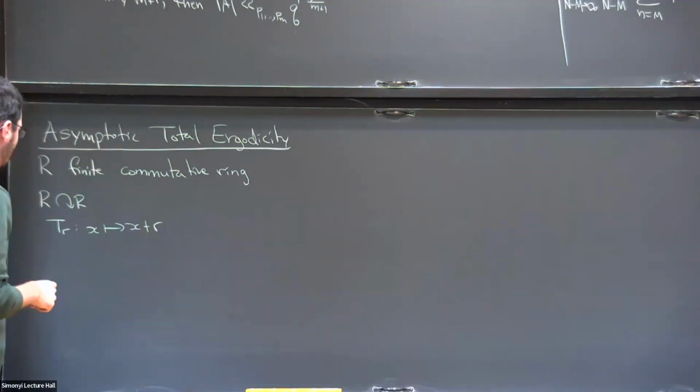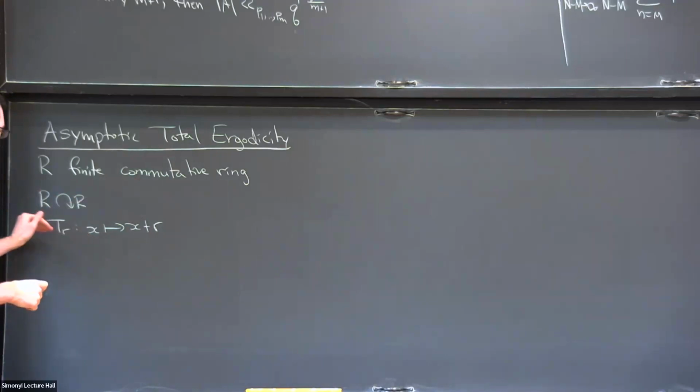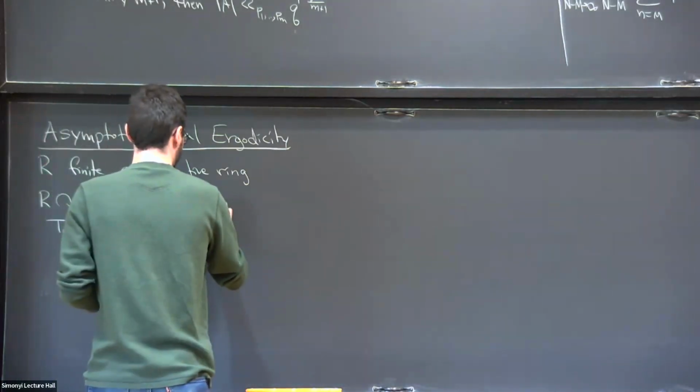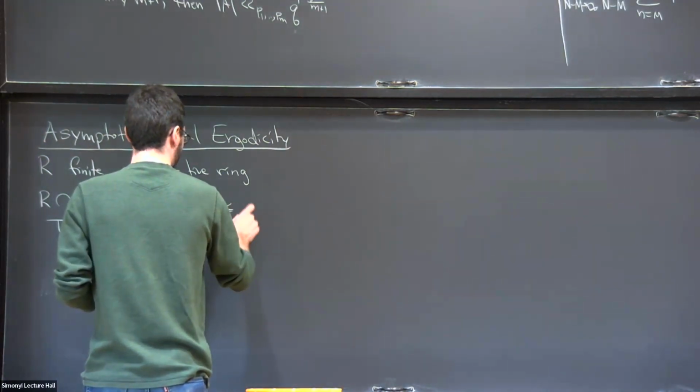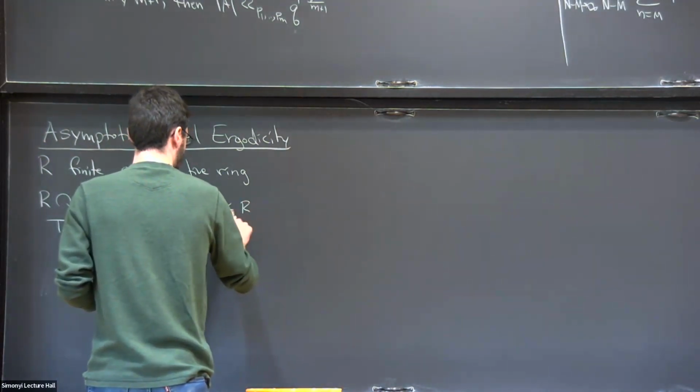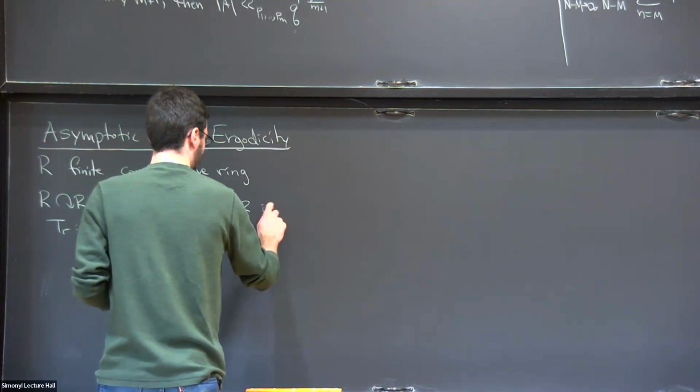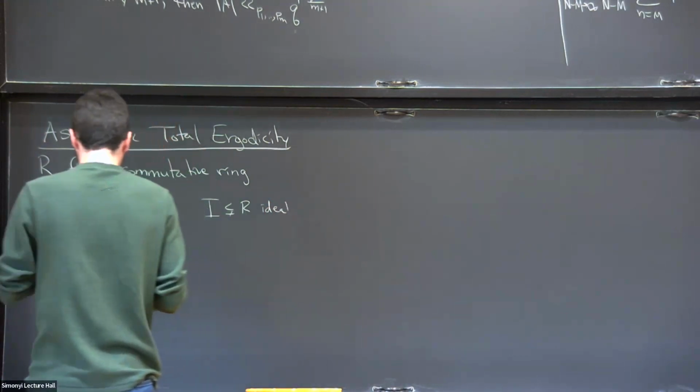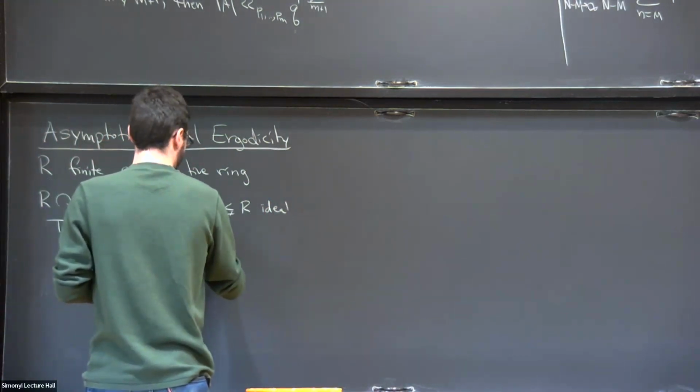And if I take any ideal in this ring, that's going to give me a periodic factor of this system. So let's say I is, okay, I should take a proper ideal. Then